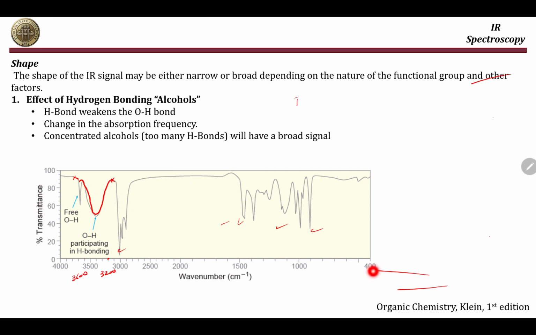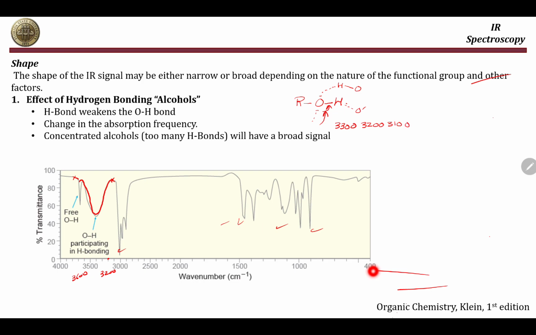So if you have a single alcohol, then this is going to absorb, let's say, at 3300. Now, since an alcohol will make a hydrogen bond with another alcohol, this bond will get weaker, and that's why, let's say, it will start absorbing at 3200. More hydrogen bonding of the molecule will cause even another shift, let's say, to